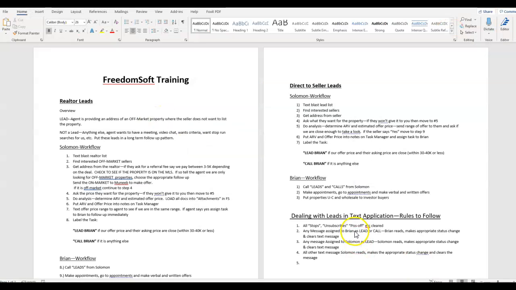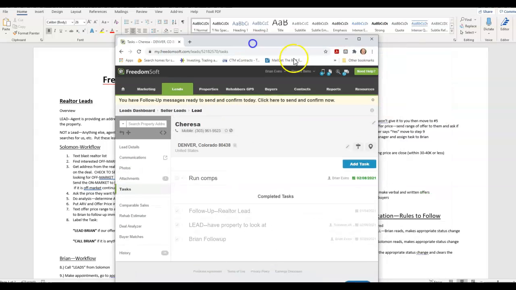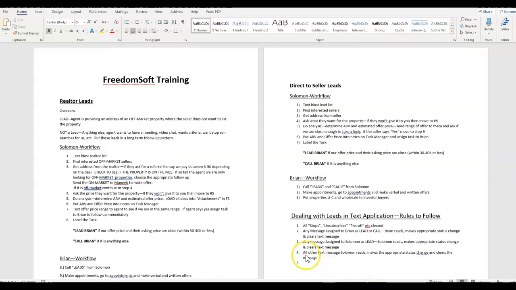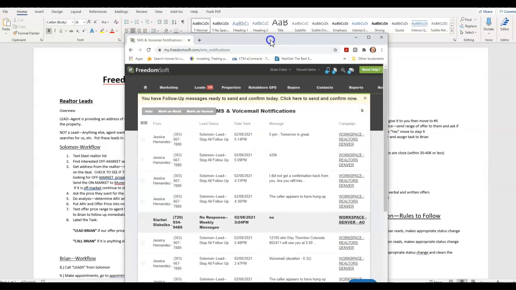So anyways, if it's assigned to you, you're dealing with it. Assigned to me, I'm dealing with it when it comes to the task or the text part of it in here. And pretty much anything else, if that's not assigned to me, I'm letting you handle that. You're the one responsible for doing the lead status changes and moving those through the progress. And I think you already have a pretty good workflow on that, but I'll put that in writing too,